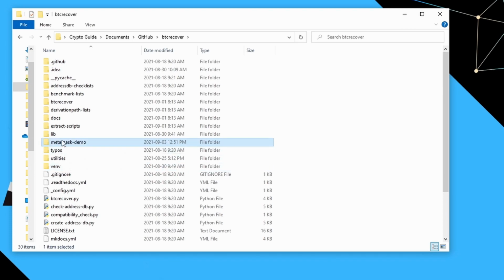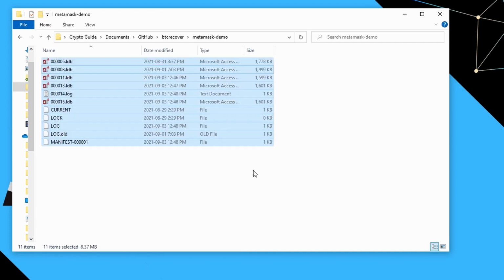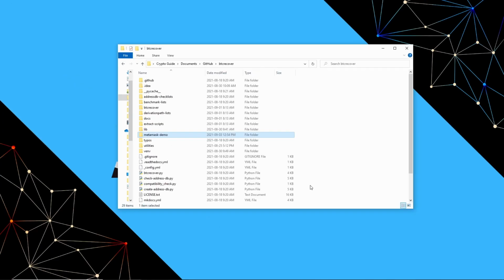So we've made that folder, and I can just paste all of the files in there. That way, at least, you're not messing with your original extension data, rather you're operating on a copy. So we've got our wallet data in there. Now for this one, in terms of the type of mistake we've made, what we'll do is we'll create a